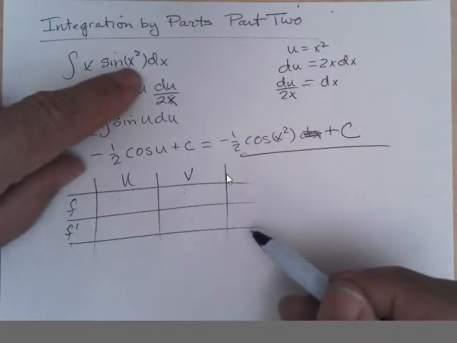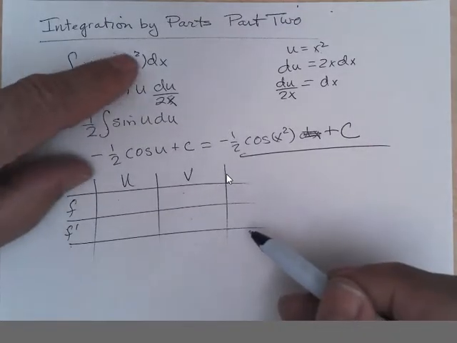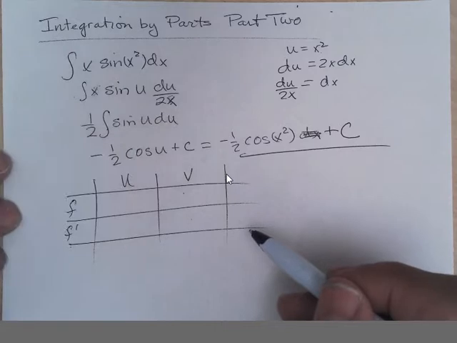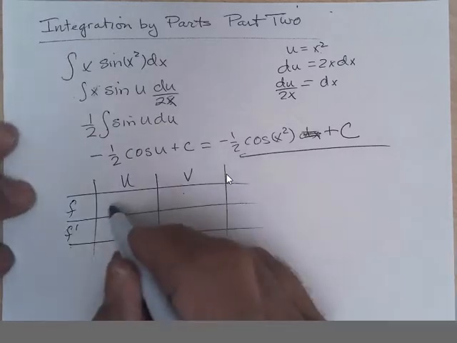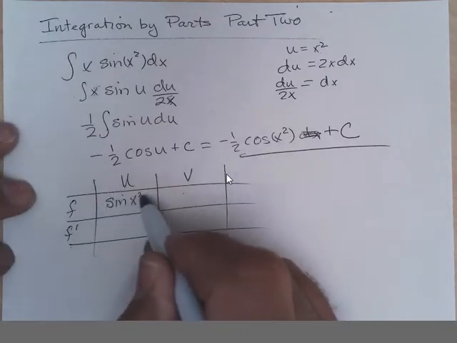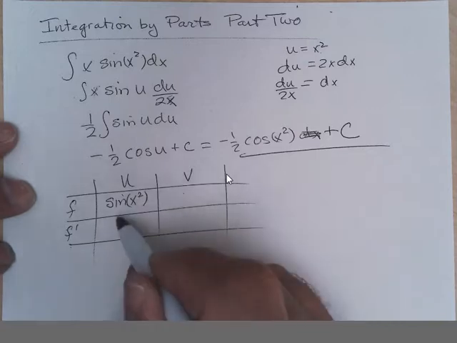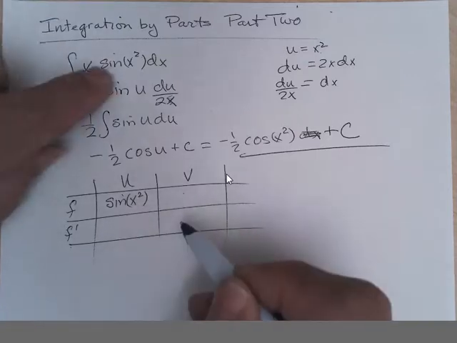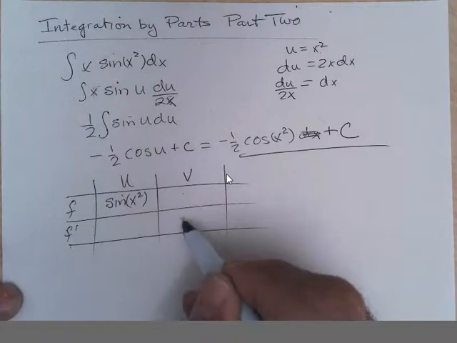Well, taking the antiderivative of sine of x squared is not an easy thing to do, so if I'm going to do anything, I'm probably going to put the sine of x squared here so I can take the derivative of it using the chain rule, which means I'm going to use the x dx down here,